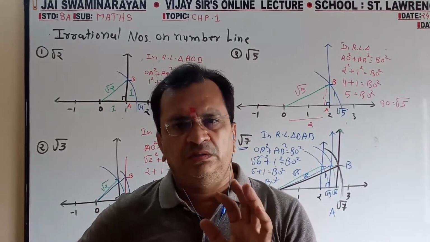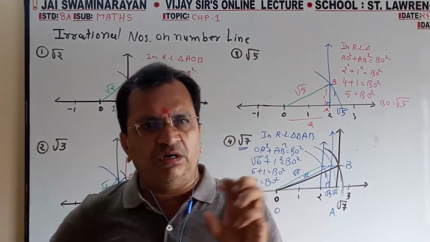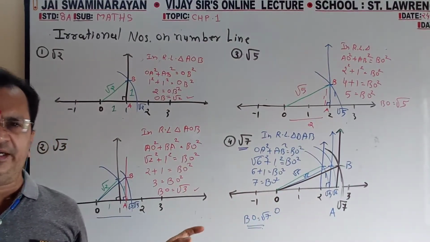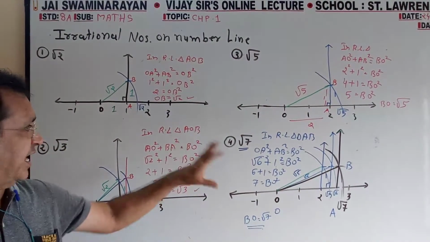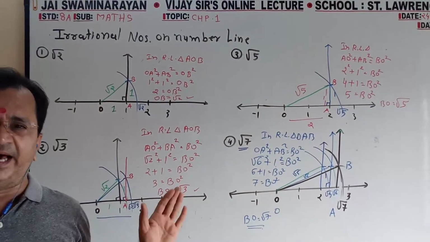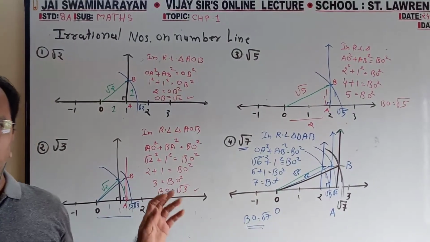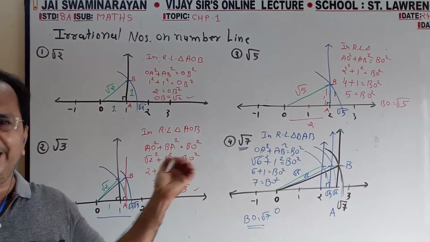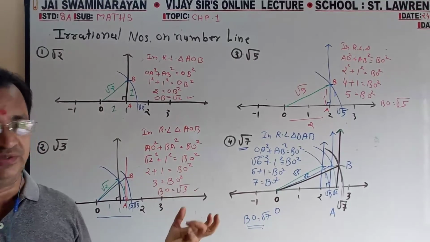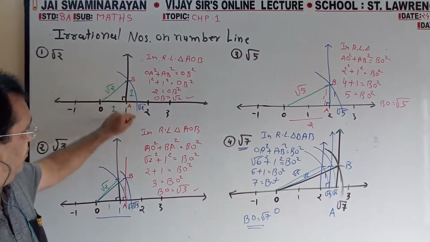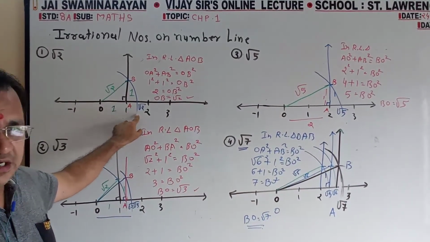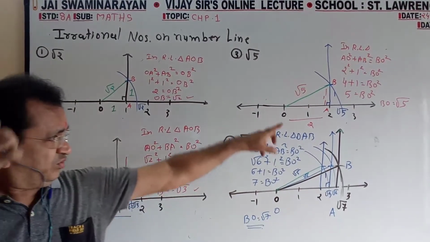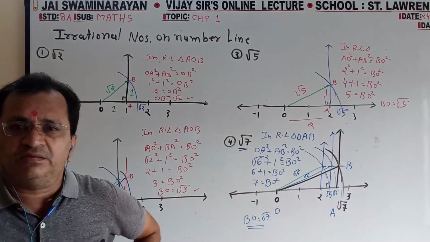So first of all you just take a screenshot, so you will get at least an idea, and calculation is a must. Without calculation, they will not give marks for the diagram. So diagram is very important. Calculation is also very important. By calculation you will come to know how root values are coming, and where the arc cuts. So that intersection point is root 2, that intersection point is root 5, root 7.